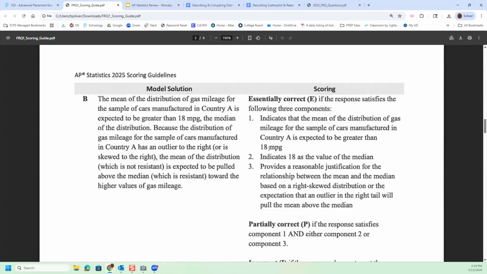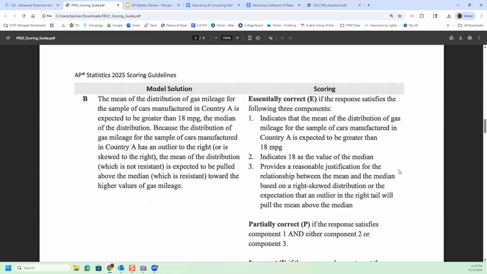Number 2 indicates 18 is the value of the median. Number 3 provides a reasonable justification for the relationship between mean and median based on right skew distribution or the expectation that an outlier in the right tail will pull the mean above the median. So in other words, if you said it was skewed right, mean greater than median. If you said, hey, that big outlier messes everybody up, that's Elon Musk sitting at the table with me,